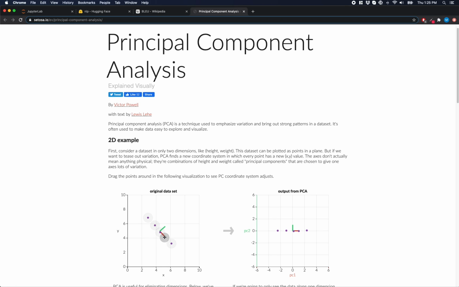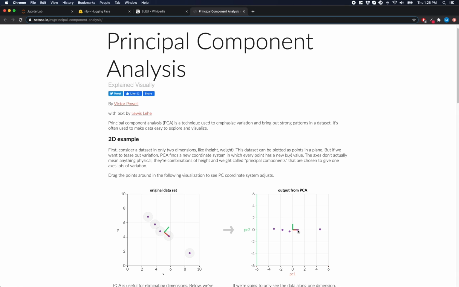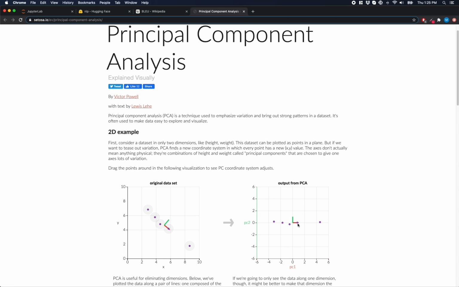Okay, let me be very, very clear here. So let's look at this data point here. I'm going to actually move this so that it's very clear what I'm talking about. Let's look at this data point here that's right at the end of the red line. Okay, and I'm going to come over here. This is the principal component representation here on the right-hand side. So notice here that this point, which is, I don't know, let's say 1 along principal component 1, notice that this point actually, if I turn the axes back,